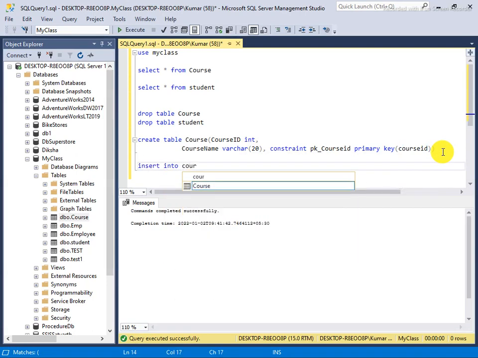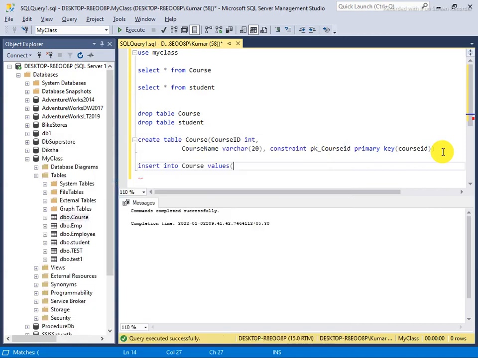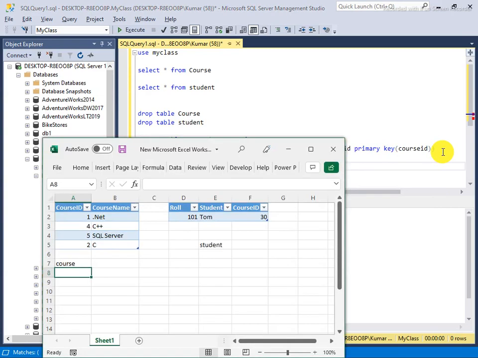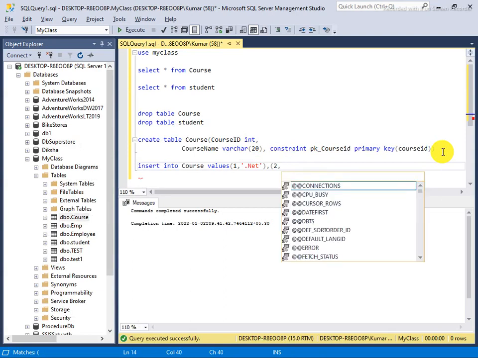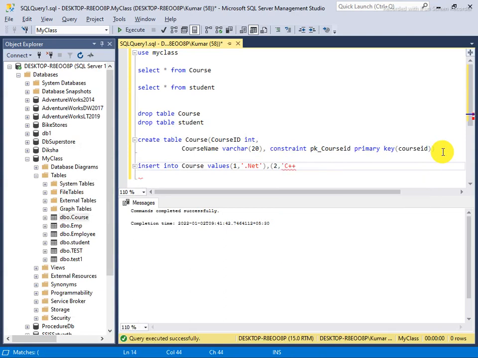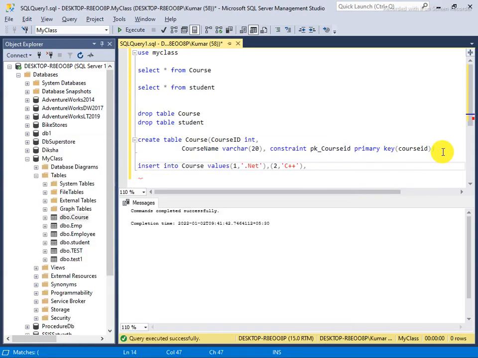Insert into course values, 1, 452, 1 for .NET, C++, SQL and C.